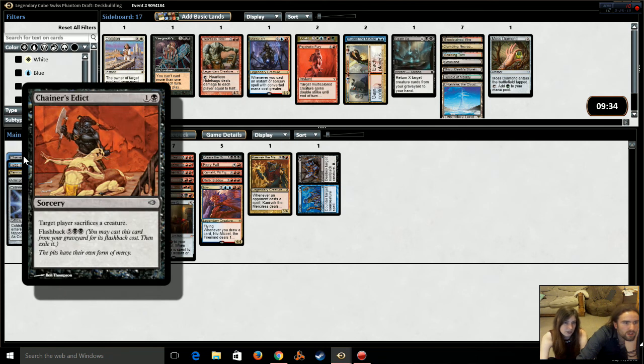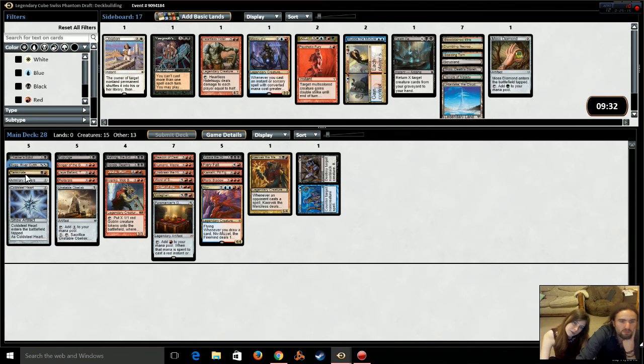Okay, so we need to lose 5 more. Wow, it's actually remarkably easy. I think we should be playing 18 lands in this deck because we have such a high curve. Alright, so we're culling 6. Culling 6, yes. Okay, so let's look at our...